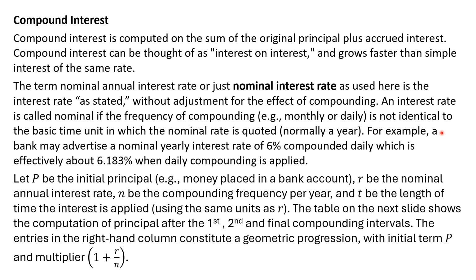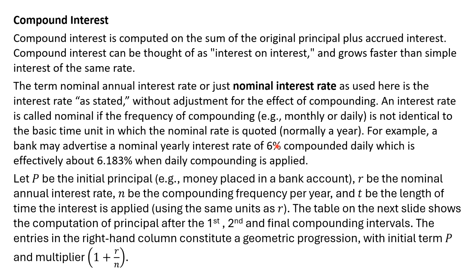So for example, just to clarify this, and you've probably seen this in different ads from a bank, they may advertise a nominal yearly interest rate of 6% compounded daily, and then they'll say something like, which is effectively about 6.183% when daily compounding is applied. So in other words, if you kept it for a year, you would actually make this much interest, even though